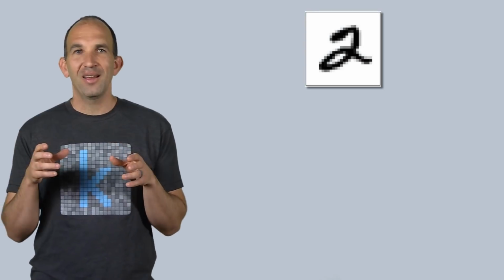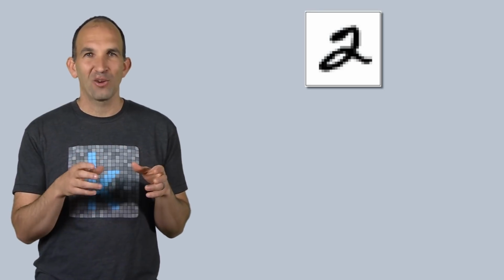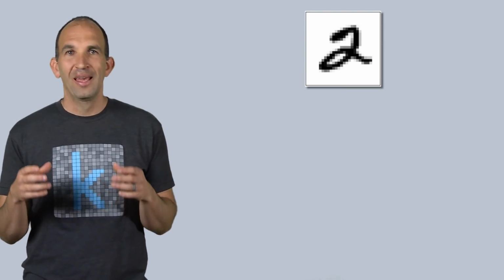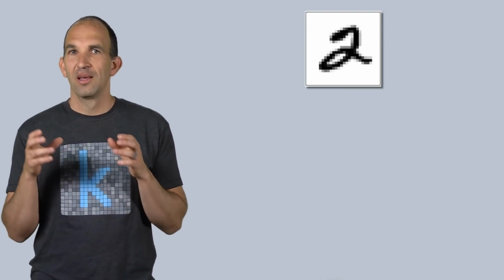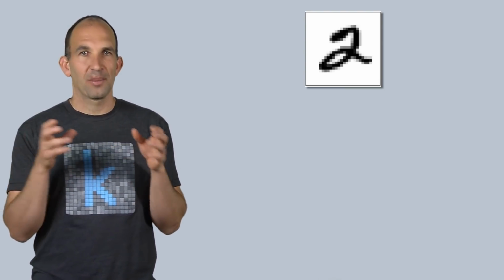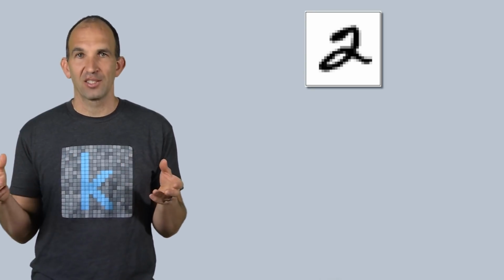Your machine learning experience so far has probably focused on tabular data like you'd work with in pandas. We'll be doing deep learning with images, so we'll start with an overview of how images are stored for machine learning. Here I have the image of a handwritten digit, the number 2. It's composed of pixels. Some pixels are completely black, some are completely white, and some are varying shades of gray.